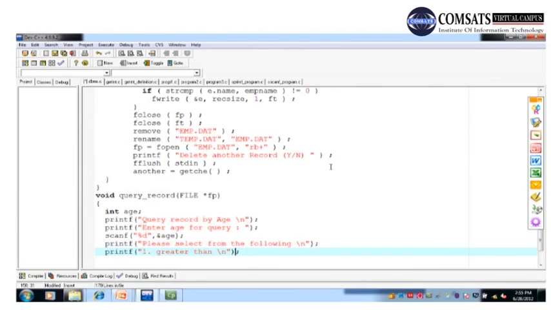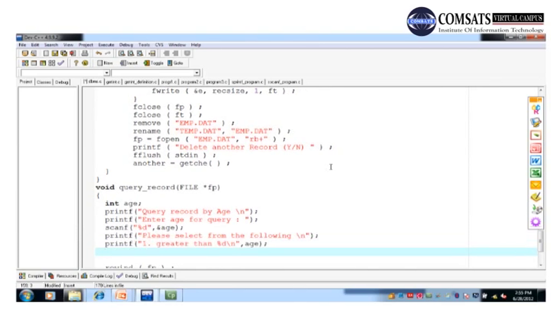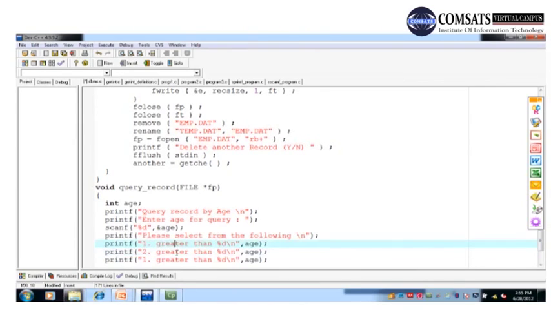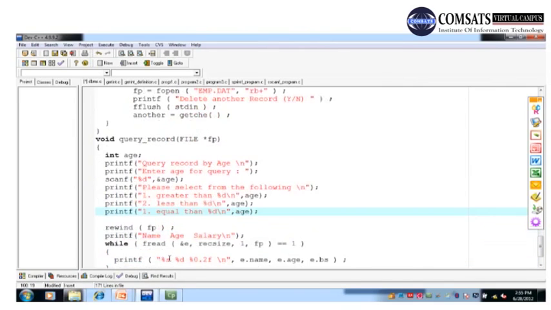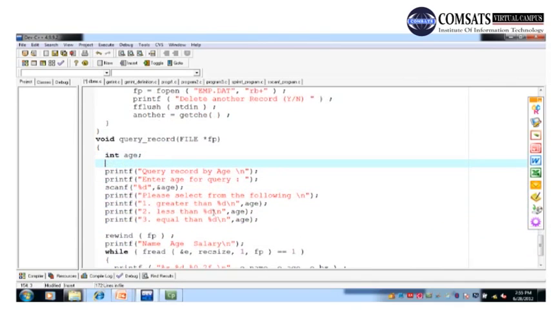Okay, greater than %d, जो एज इनपुट की थी वो हम यहाँ पे शो कर देंगे, comma age, and the second would be less than the age input by the user, and then equal to the age input by the user. Okay, so this is menu number 3, इनमें से कोई एक select करना है,